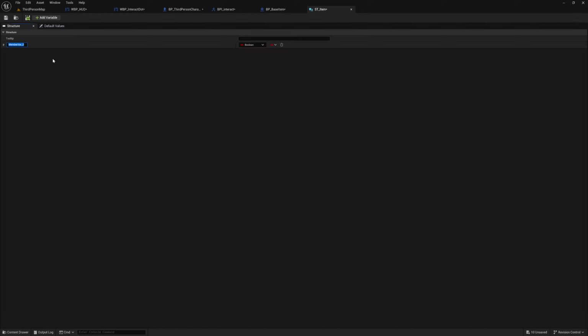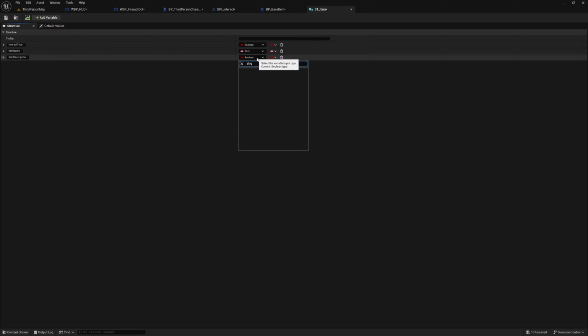So maybe we want the interact type. So this will be an enumeration, which we will create later. So let's just add two more variables. Let's call it item name. And the next variable will be item description. And we will be adding more to this later on, but for now let's just use these three. Change the item name to text, and item description can be string. Yeah, let's save that, and let's set the interact type